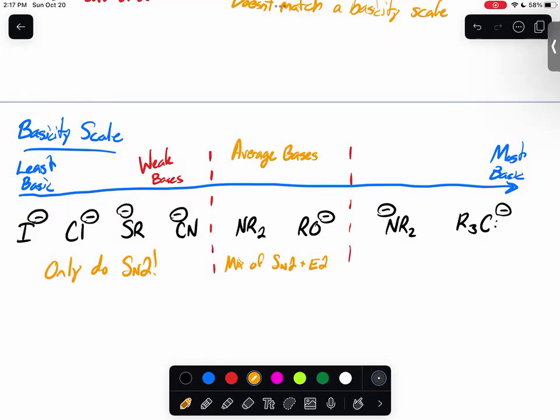Now, that being said, that is not entirely true about all of these. Because notice that when we say this idea of doing a mix of SN2 and E2, we can imagine that this R group on the oxygen could be like ethyl. It could also be something like that tert butyl. And if you think about SN2, remember that sterics are incredibly important. The more sterically bulky something is, the less it can do SN2. That's also true here. So looking at this idea, there's actually this dividing line between that and the other bases that are over towards the right. Because essentially this is too bulky to do SN2,